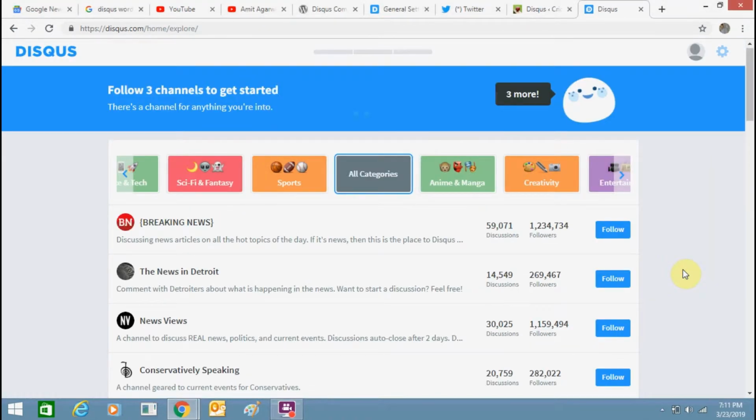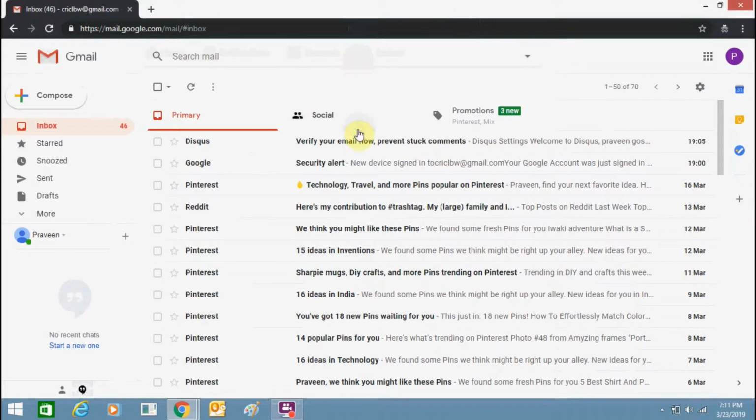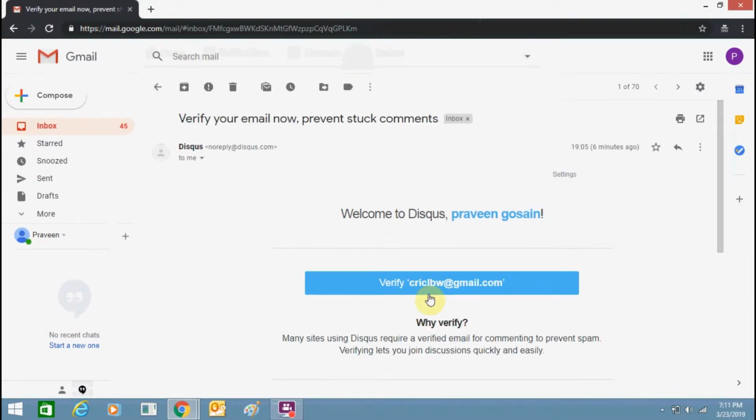Now you need to verify your email ID. Go to the settings section and you can see here that a verification email has already been sent to you. Check your email, like I have received the verification email. Click on this.